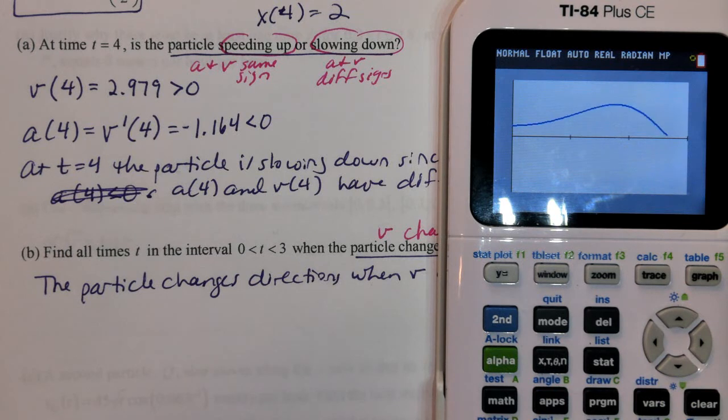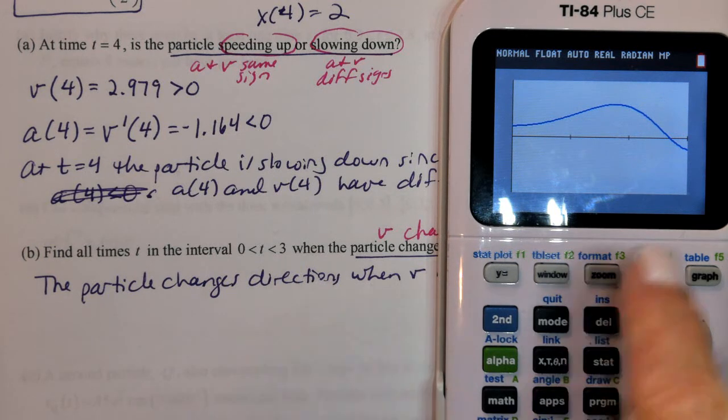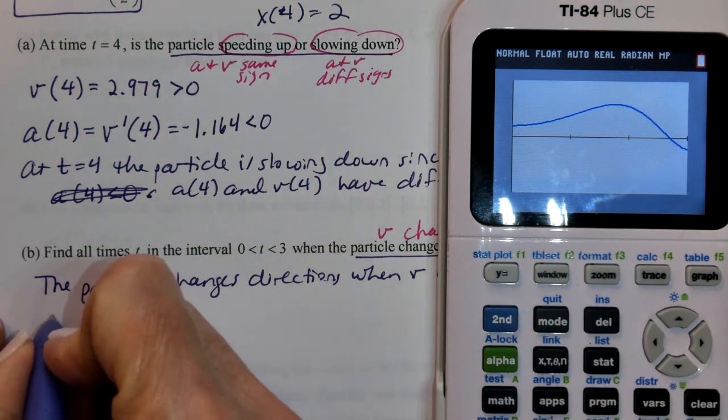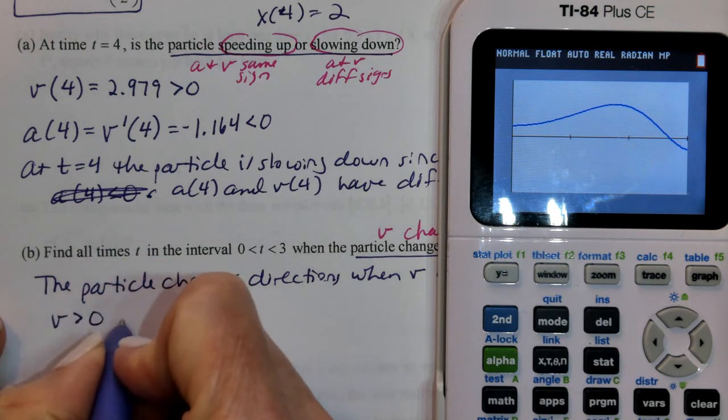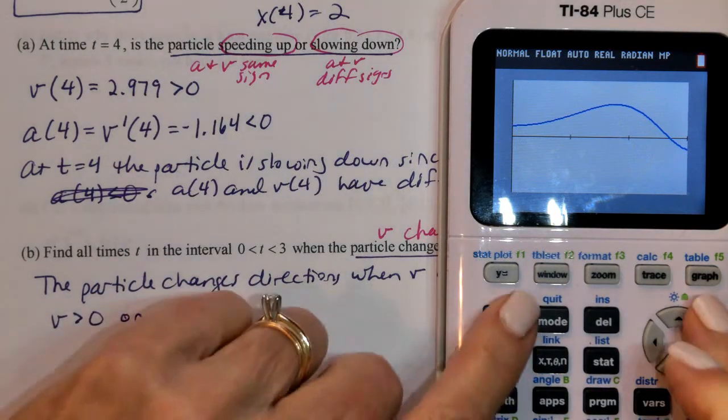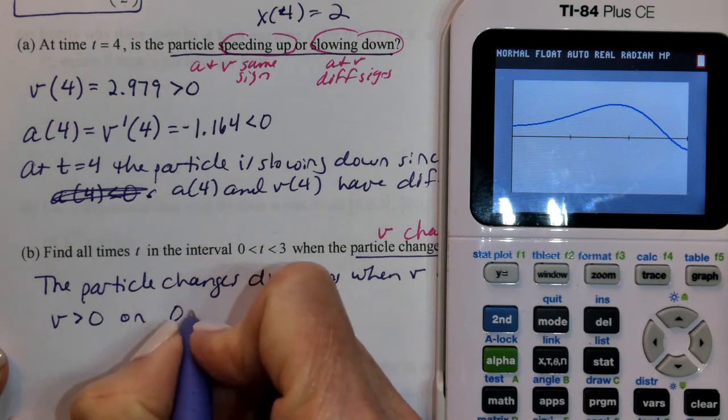Oh, that was a happy time. So there's only one time that the velocity changes signs, and it's right there. So I'm going to say V is greater than 0 on 0